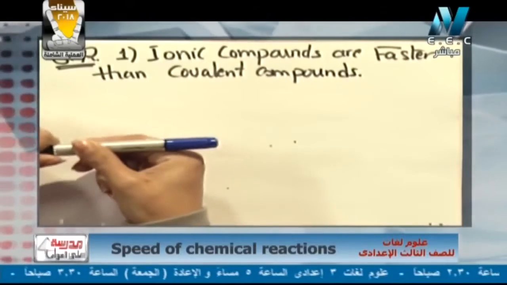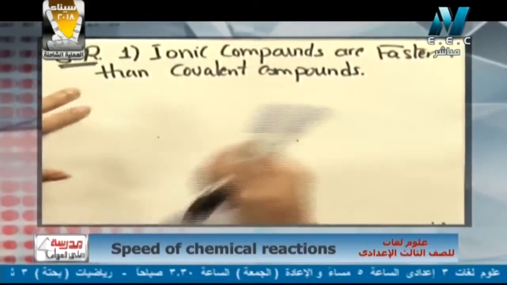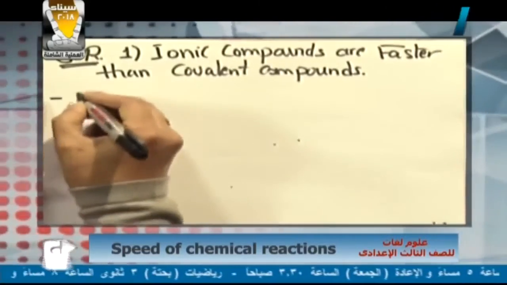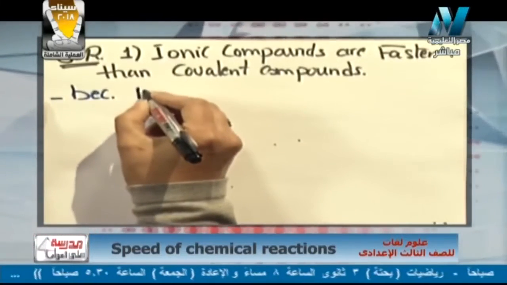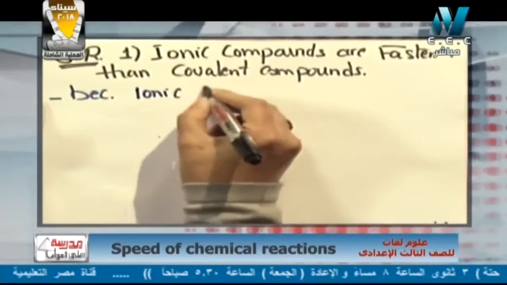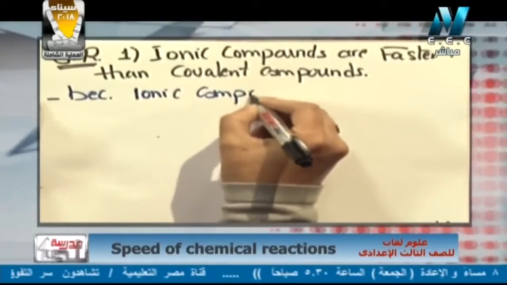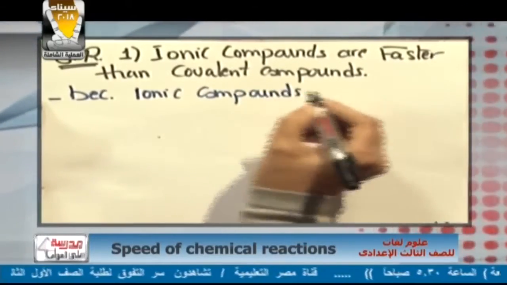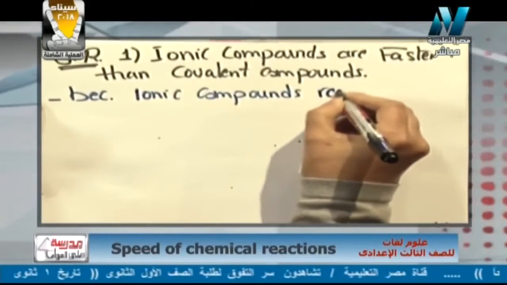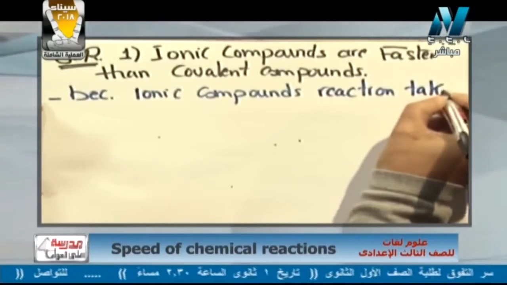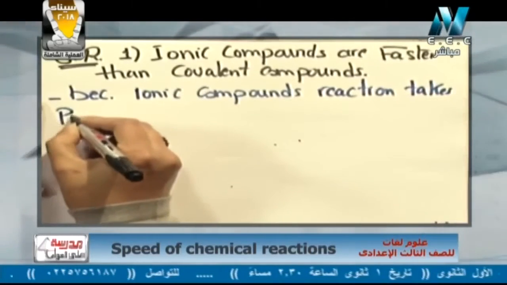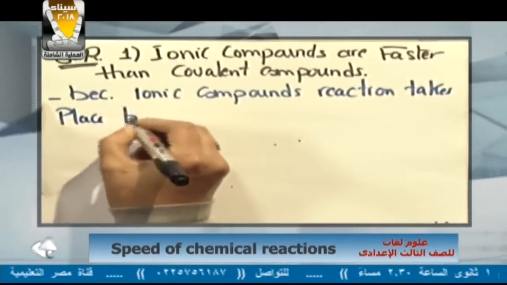This will summarize the point of ionic and covalent. This is why, because in ionic compounds the reaction takes place between